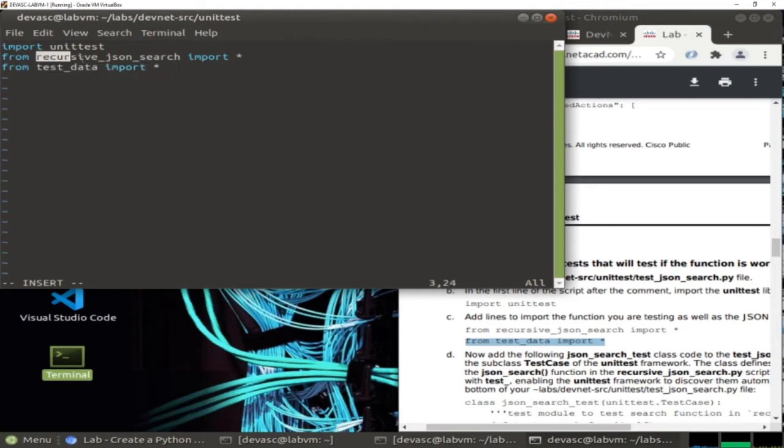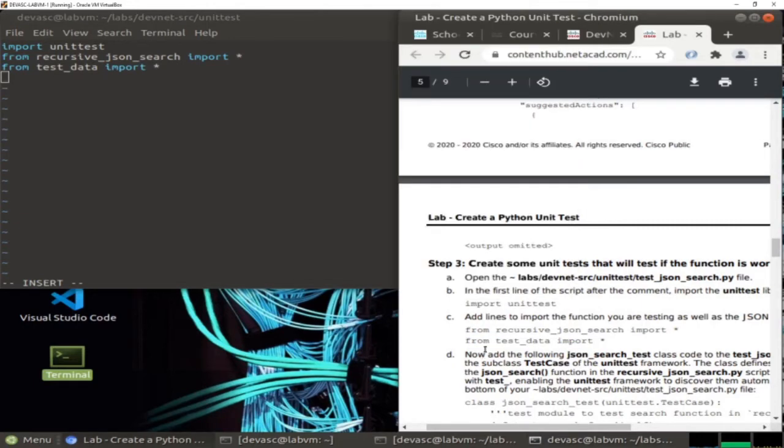So this is the file in the current directory, and this is also the file in the current directory. So we have imported them here in this test file. Indeed,